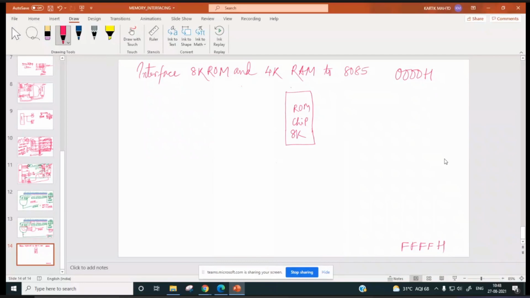Quickly, how many address pins? 13, A0 to A12. A12 is the last, so 13 pins will be there, no? Yes, sir, A0 to A12. Then from the ROM chip, data will come out via D0 to D7, no?